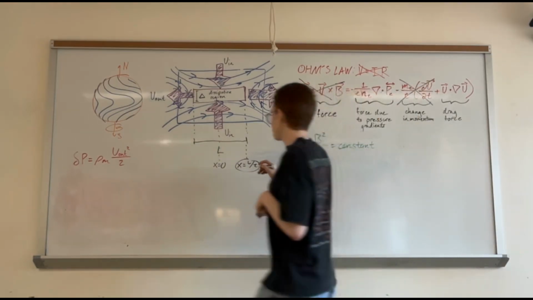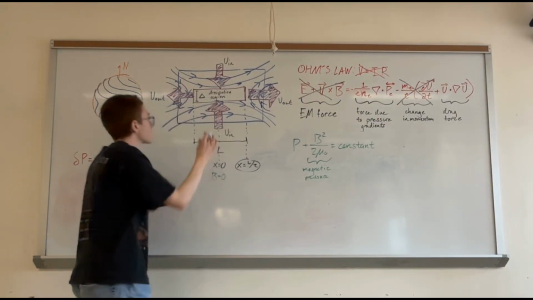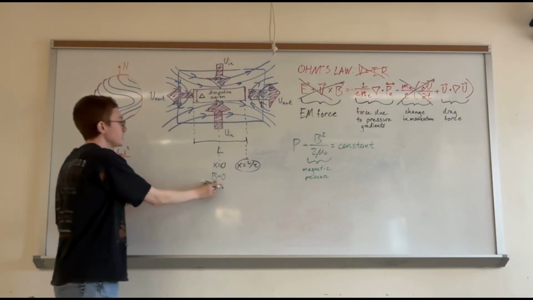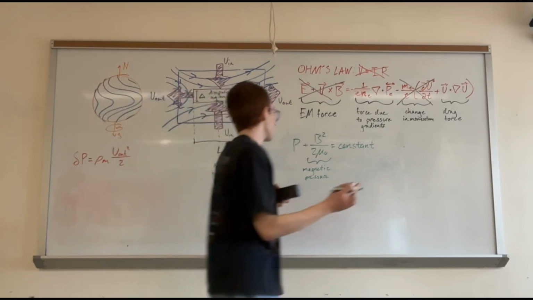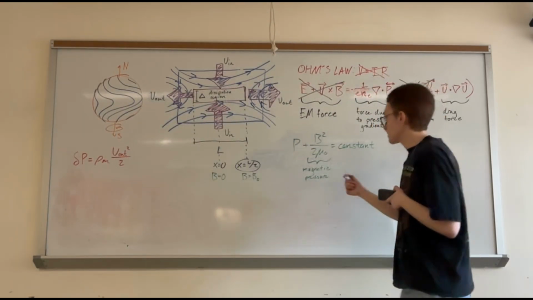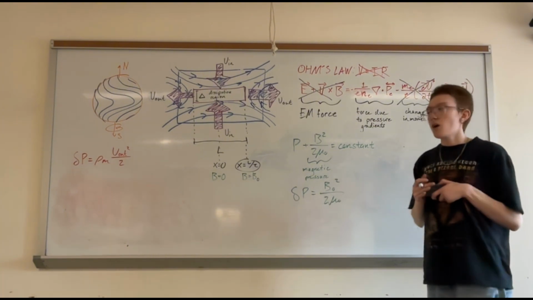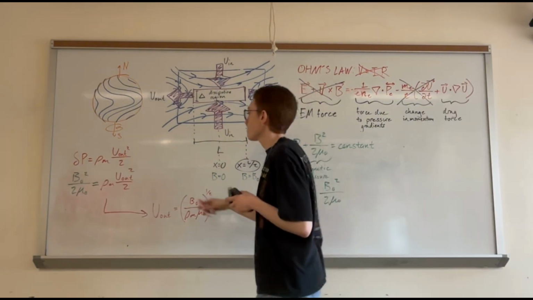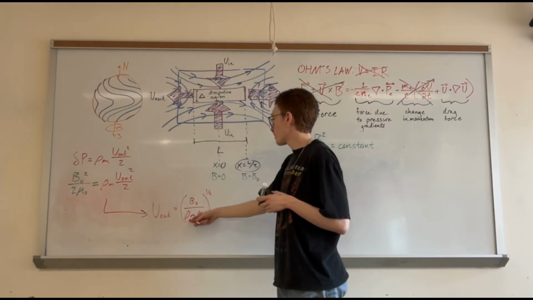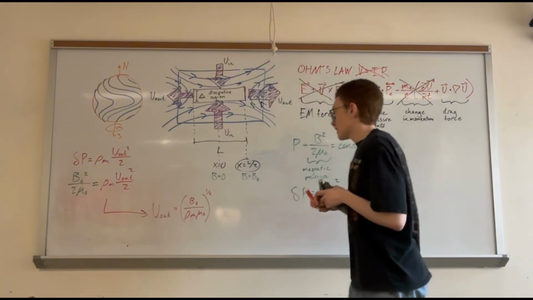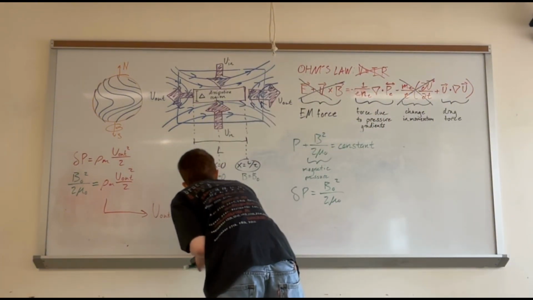So if we say x equals 0, our magnetic field is going to vanish, so B equals 0. And then we have some B naught at L over 2. We can say that the change in pressure, so our dP, equals B naught squared over 2 mu naught. Okay, so then we plug that in over there. So we solve for u out, and we get u out equals B naught over rho m mu naught to the 1/2. Now, this might not seem like anything at first, but this is actually exactly equal to